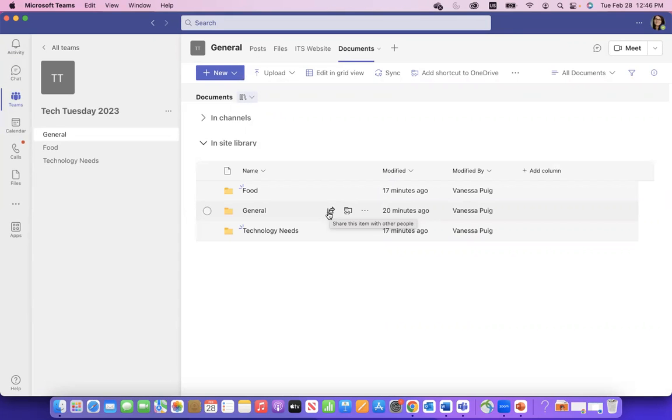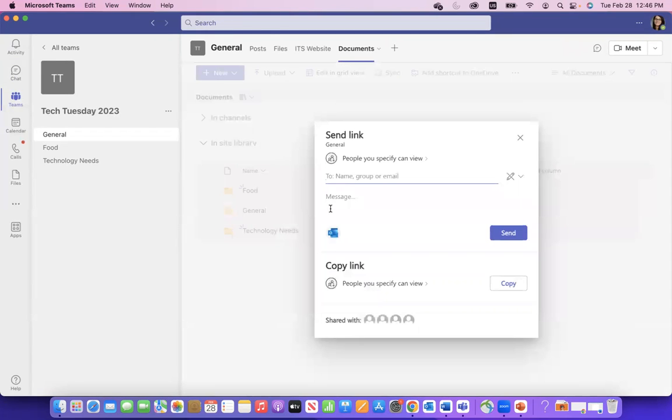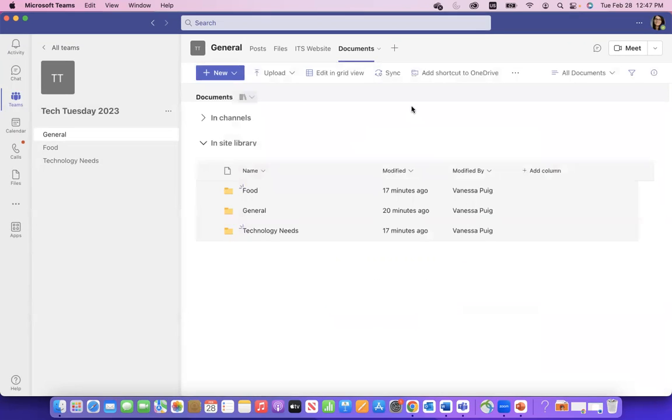Yeah. Read only might be for other guests. Yeah, absolutely. And right here, if you want to check, for example, this was the document repository that I had set up in the team. If you look in the share option there, you can see who you've shared with and who has access. And if you need to change things, you can do it here as well to provide edit access for a new person if something is not working. Again, like Rafael said, you can reach out to our service desk for assistance, but you can also double check who has access to it and make changes that way.